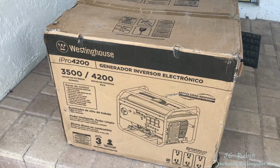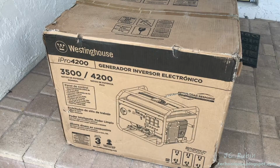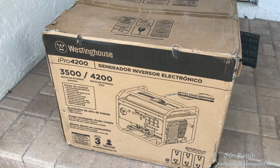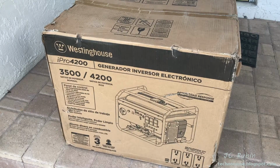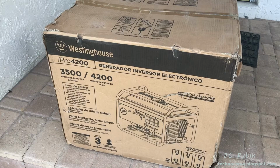So this is my Westinghouse iPro4200. It has arrived, and I will tell you, in the spirit of full disclosure, this is my second one that has arrived. The first one was DOA. Westinghouse has replaced it with a brand new generator, and I want to talk about immediately as we see this,